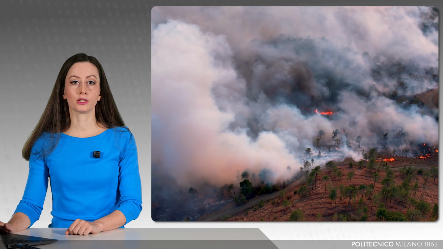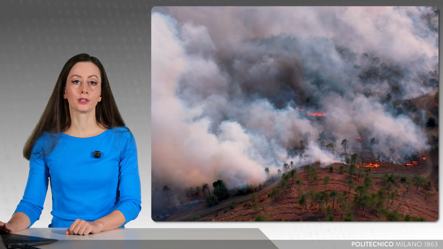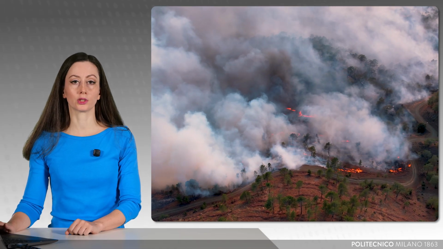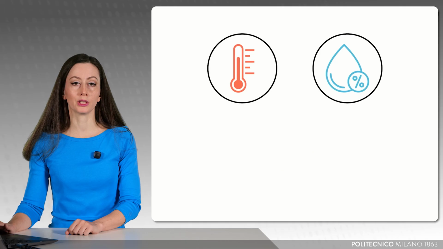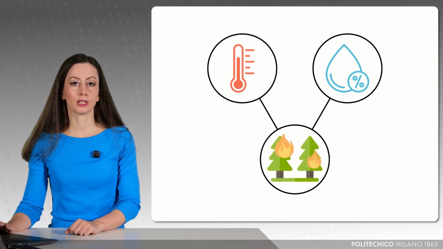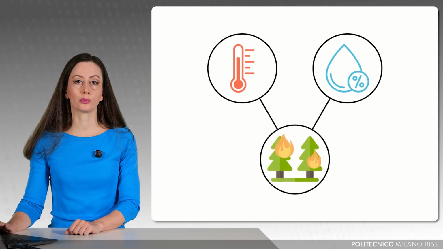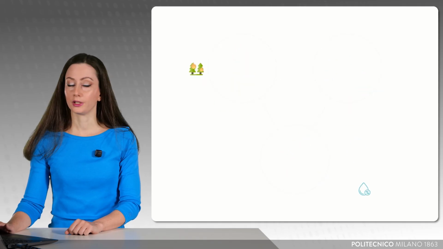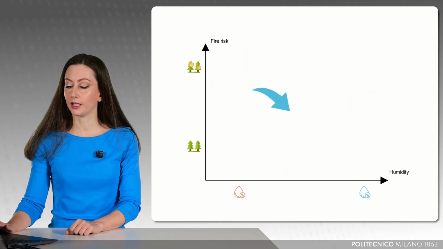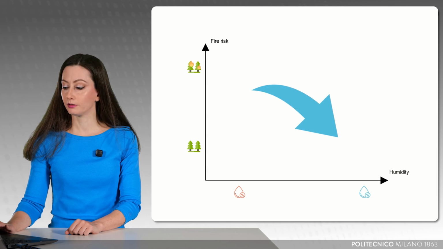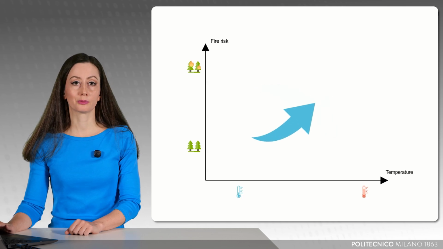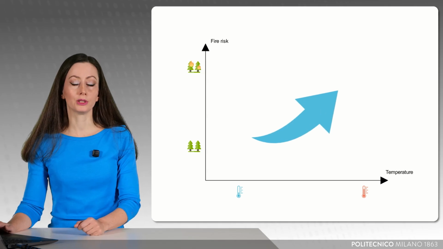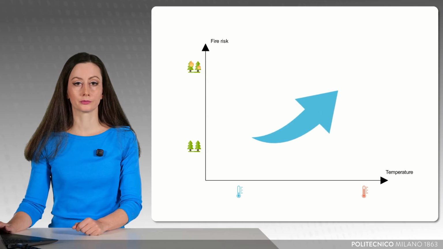Wildfires are a serious economic and environmental concern, and understanding their causes is crucial for prevention and mitigation. A question raised by policymakers could then be, to what extent do environmental variables like temperature and humidity influence the risk of wildfires? For example, we might expect that the higher the humidity in the air, the lower the fire risk on that day. Similarly, we expect that high temperature increases the risk of fire.